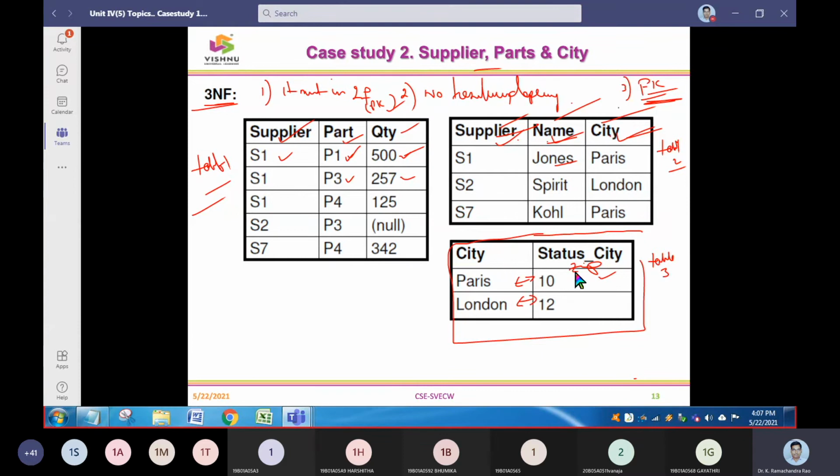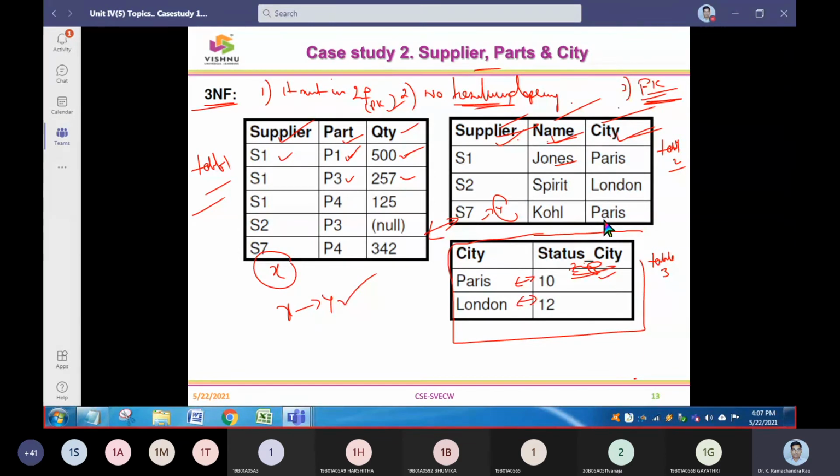Now city status, let us call in our terms as zip here. So now every city is going to have a zip here, a pin code here. Now we were telling about no transitivity dependency. How can I see with my eyes? Are there any transitivity dependency here? Just check it. Assume supplier is X in this table, and here supplier is going to be called Y. So now an X to Y relationship is available, isn't it? So that means you made a relationship between table 1 and table 2.